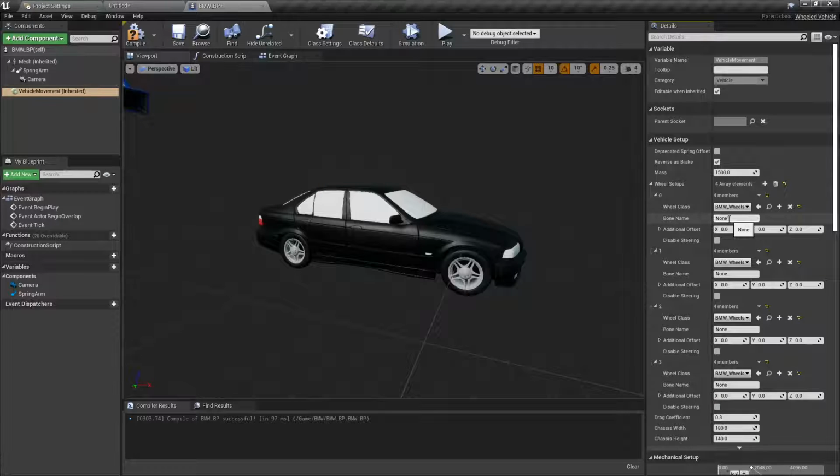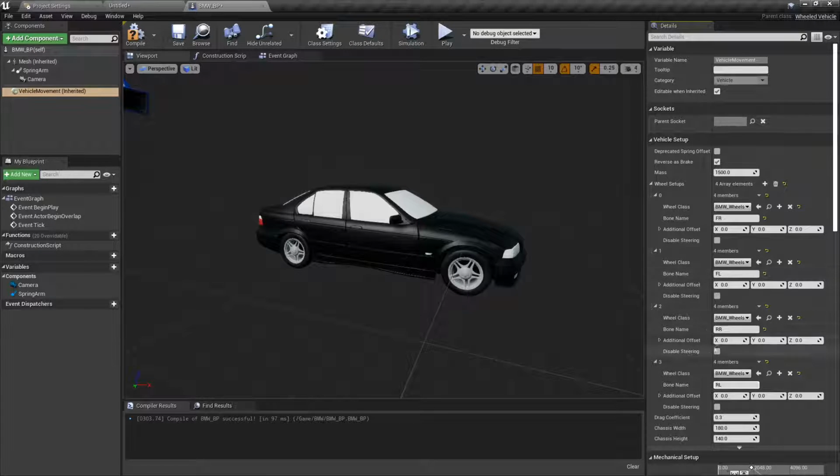And then for the name, we need to put the bone names. Start with the front, just keep it clean: FR, FL, front right, front left, and we're gonna do rear right and rear left. That's what we named our bones. Whatever you named your wheel bones in Blender, that's what you need to put in there.